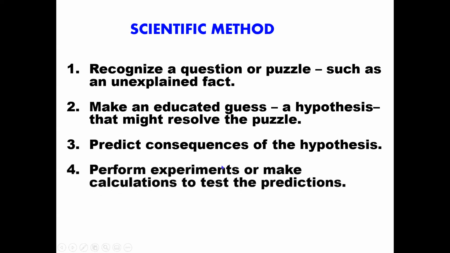And the fourth and most important step is to perform an experiment to check your predictions, to check calculations. You must perform an experiment, and it gives you data, and you may have to calculate, get results from the data, and so on. This is a crucial process in the scientific method. And finally,